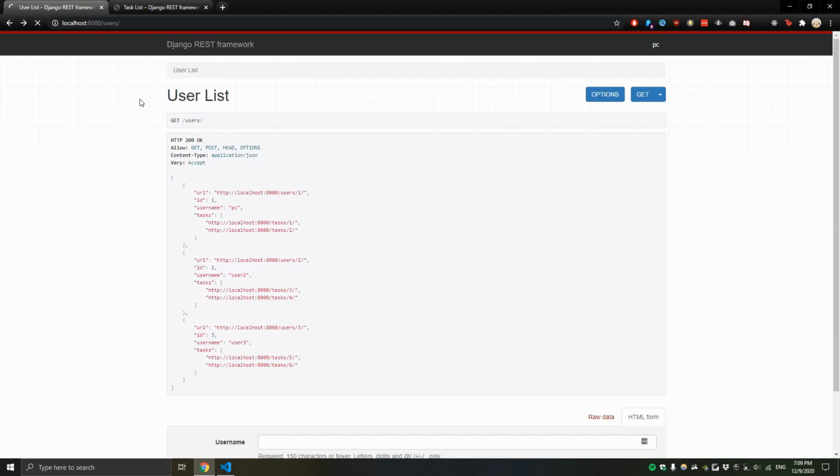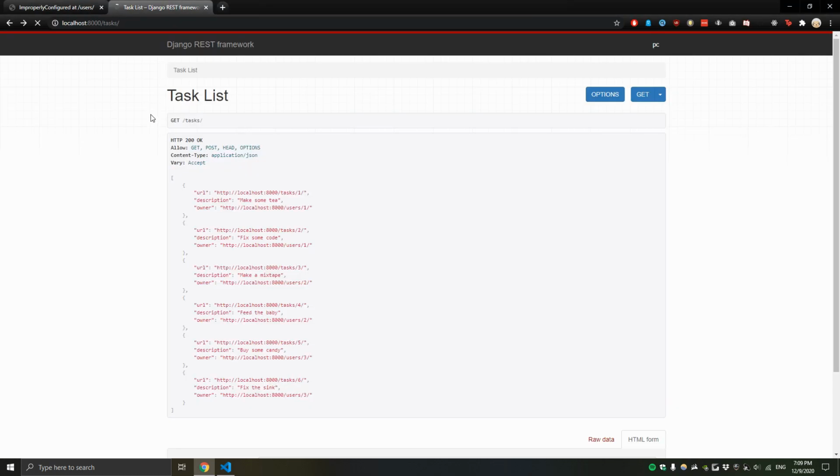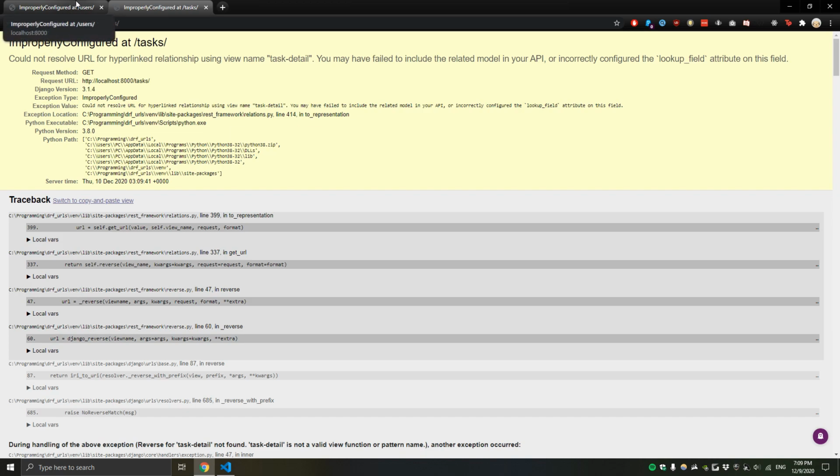And now let's see what happens. Now for both of them, I get an improperly configured error. It's saying that it cannot resolve the URL for hyperlink relationship using the view name user-detail. So if you see over here, they're trying to look and route to the view name task-detail,